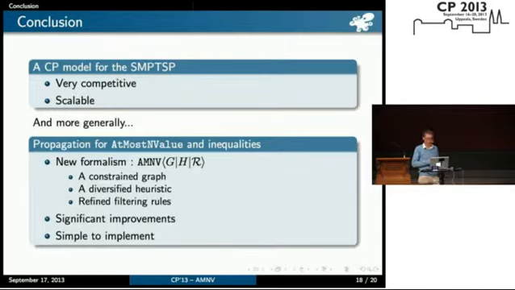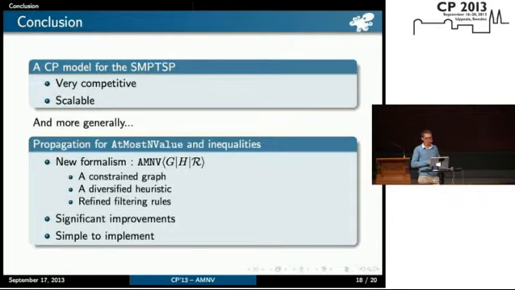Filtering algorithms are good. And all the problem structure is actually taken into account in this propagation mechanism. So this is why we can get good bounds. We don't lose anything from one constraint to the other. We have everything together. And more generally, we have shown how to filter AtMostNValue when you have some inequalities